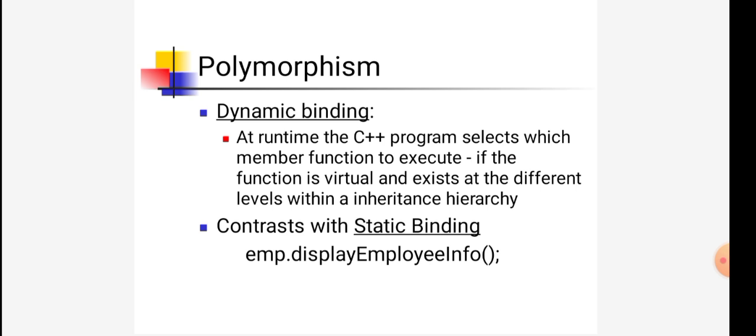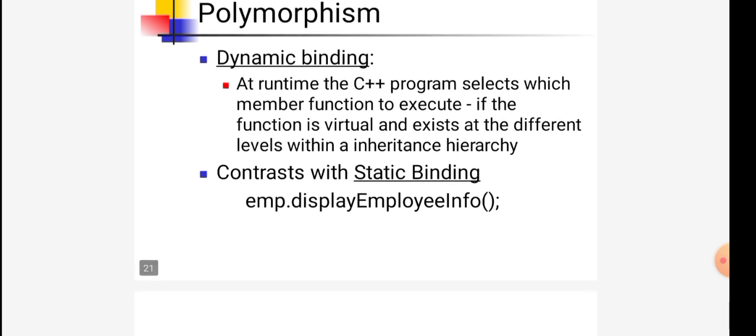Polymorphism, dynamic binding. At runtime, the C++ program selects which member function to execute, if the function is virtual and exists at different levels within the inheritance hierarchy. Contrast with static binding: emp.displayEmployeeInfo();